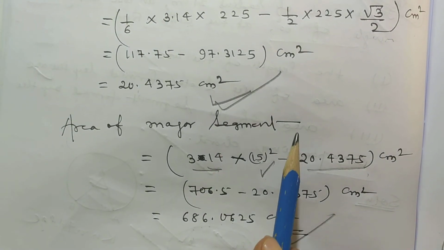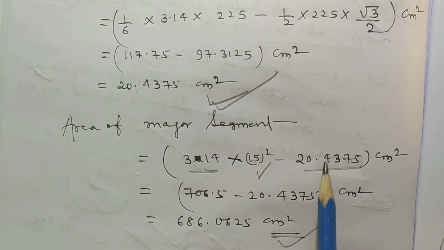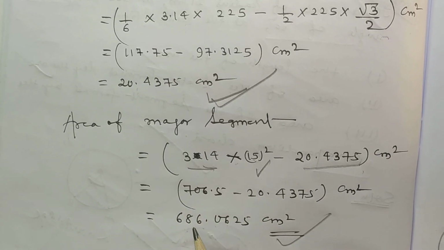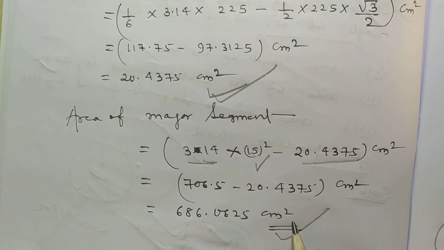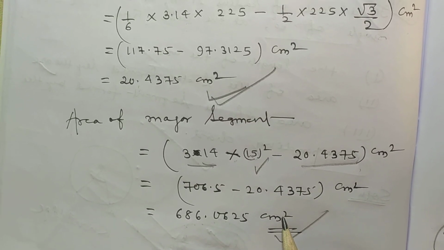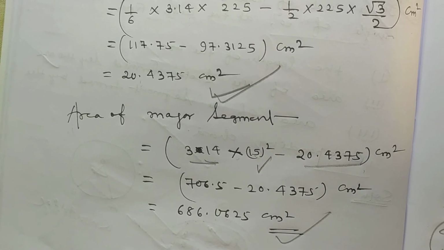So area of major segment is equal to area of circle minus area of minor segment, and it will be 686.0625 सेंटीमीटर स्क्वायर। प्रिय विद्यार्थियों, यह सवाल बहुत बार ही पूछा गया है, इसलिए आप इसको बार बार बनाइएगा।